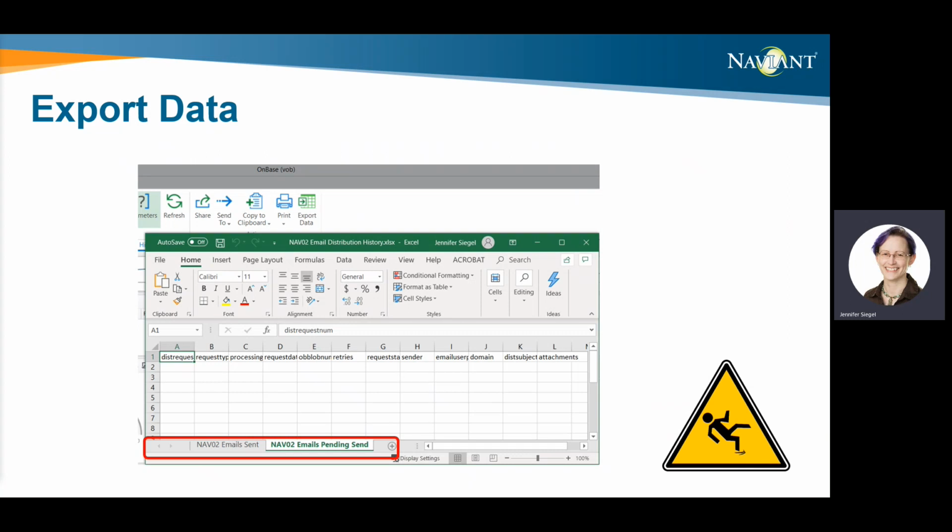Also note that it exports from the data provider, not from the display, right? So if your data provider is returning your gross data, and then the dashboard display has rules and filters that show less, when you do the export data, you're going to get all of it. You're not going to get what's in the display. You're going to get what's in the data provider.